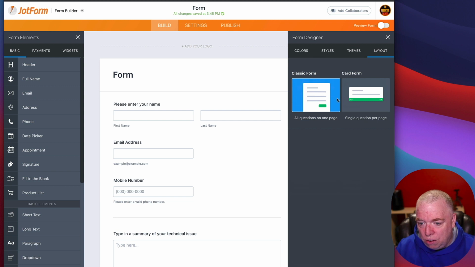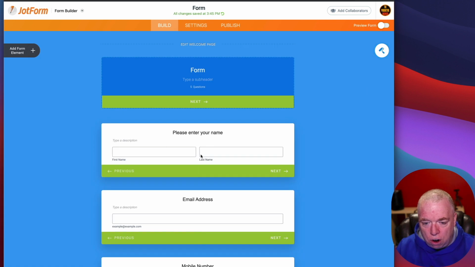You also have layout over here. You can put all your questions on one page, or you can change it back to card form if you wanted. If I change it to card form, you can see each one of these becomes a card. And then you have a previous and a next, so this would be good if you wanted to do the form more as a bunch of steps. You wanted to have them do one thing, hit next, enter the email address, hit next. And if you preview that,